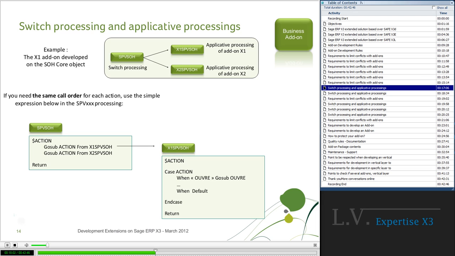So you have this example in this slide. Two add-ons. One is X1, the second is X2. The switch processing does a call by GoSub for each of them, and you can have your applicative processing in your own processing code, beginning by your identifier.